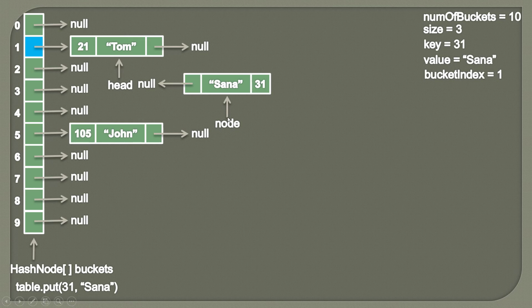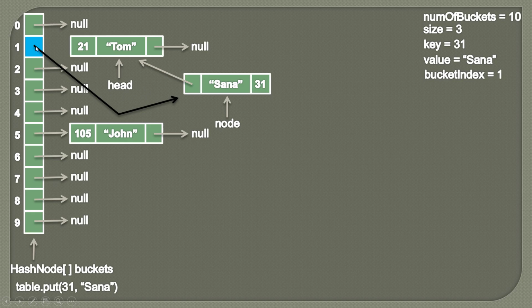So at the first step what we do is, as we want to insert this node at the beginning of the list, we simply assign the value of head to node next. So that node next currently pointing to null should point to head. So it looks something like this. That now node next is pointing to head. And as node next is pointing to head, now we can safely break this link and we can assign this reference to our newly created node. So it would look something like this. This link will go away, and now there will be a reference to this hash node from this index. So it would look something like this.